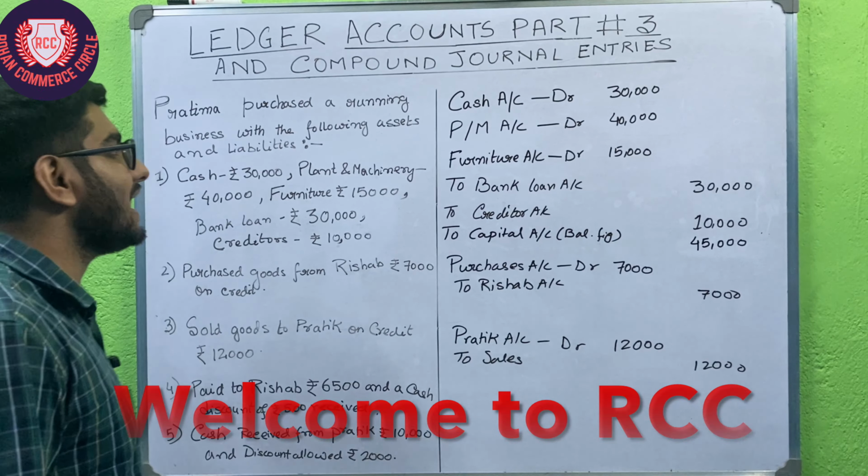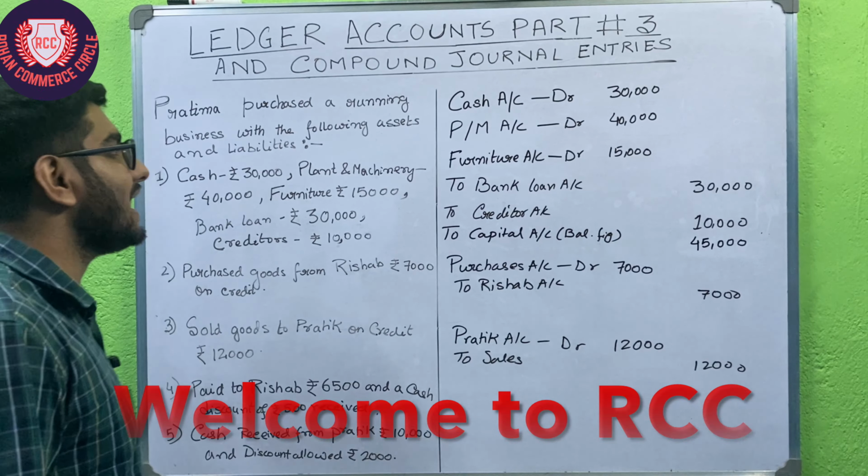So as Pratima is buying the business, the assets are increasing, right? When she is buying it, the assets are increasing. So what do we do according to the dealer rule? When the asset increases, we debit it, right? And when the liabilities increase, we credit it, right? According to the dealer rule. If you have not seen it, do click on the I button and see it. That is very important. In each and every video I am telling it because that is very important for doing journal. That is a basic thing.